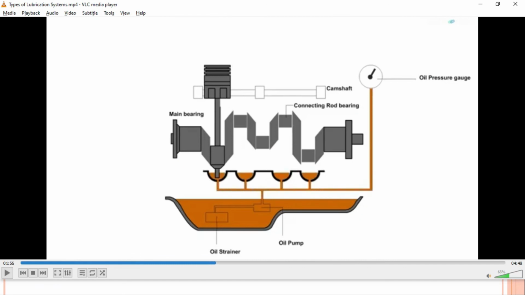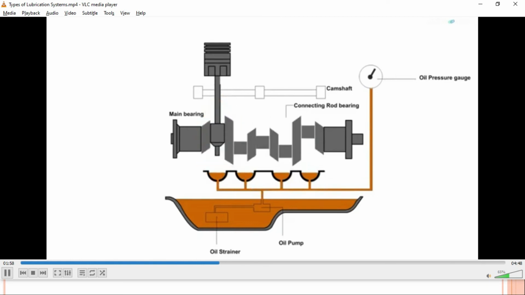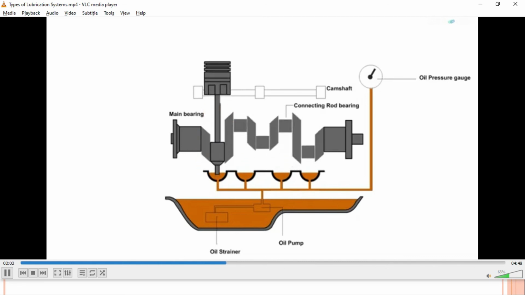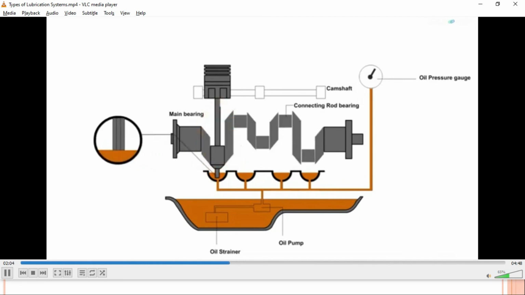Here you can see that the oil is being provided by this oil pump into these oil troughs, and there is our splasher or dipper, we can say, that as the crankshaft reciprocates, this splasher will splash the oil in this oil trough. The crankshaft rotates, the scoop dips into the oil trough, which makes the oil splash. The splashing oil lubricates the piston and the cylinder walls.